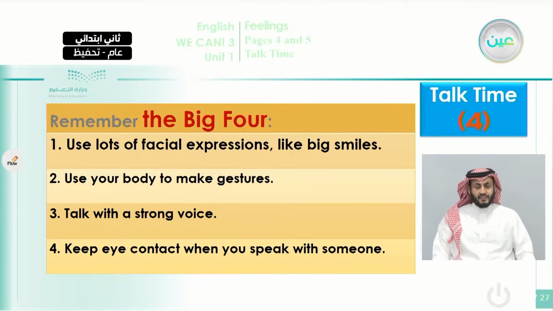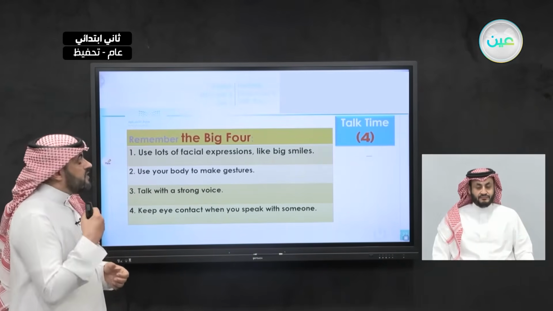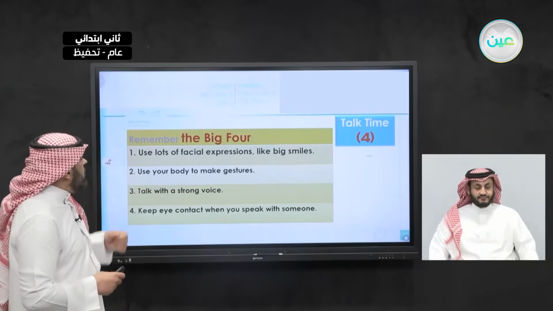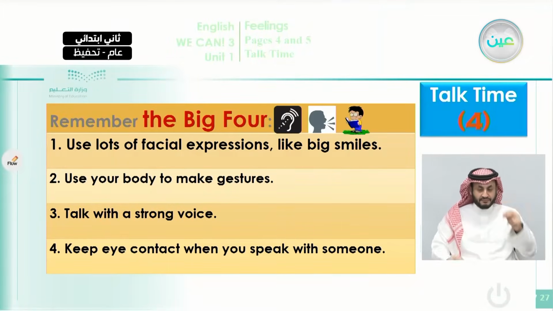Okay, now there is an advice here. You can see here, remember the big four. What do you mean by this? When you want to talk to somebody, it's not only the language that you can communicate with. You tell the meaning by the words, by the language, by speaking, but sometimes there is something else you need to take care of. What are these things? It is suggested in your book on page 5. They call it the big four. What are these big four? You can find out about them.